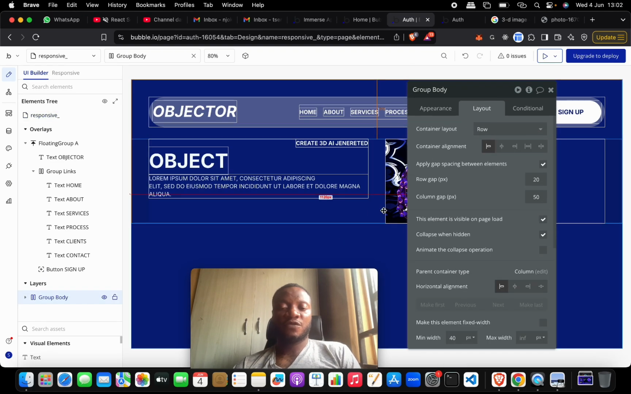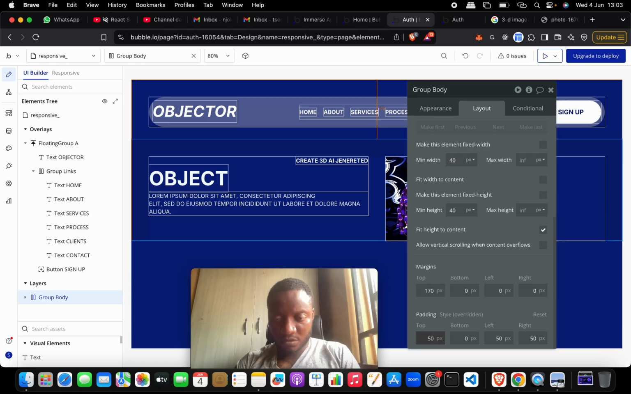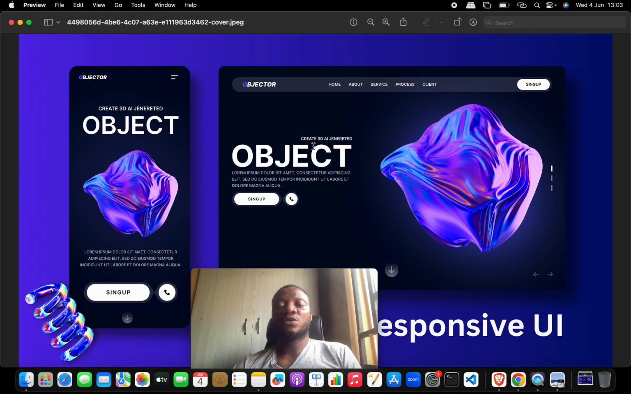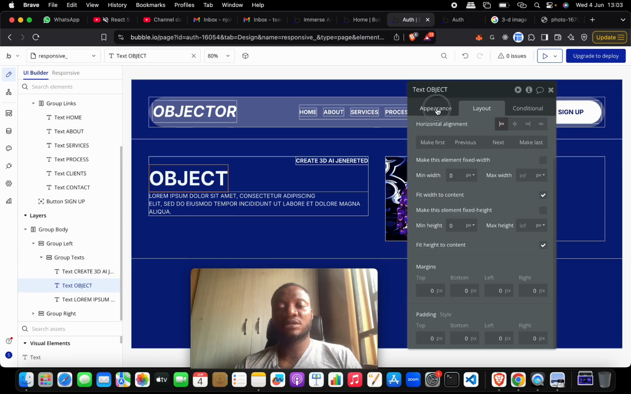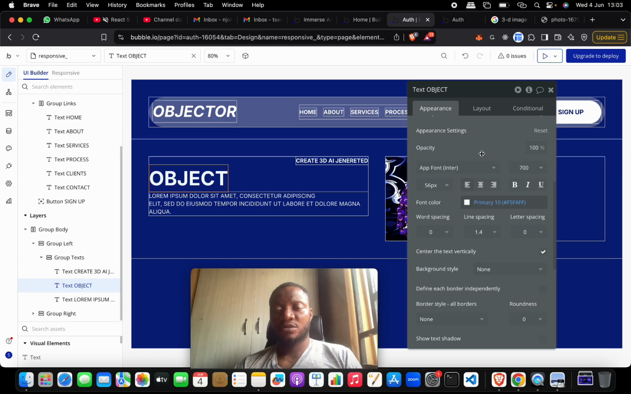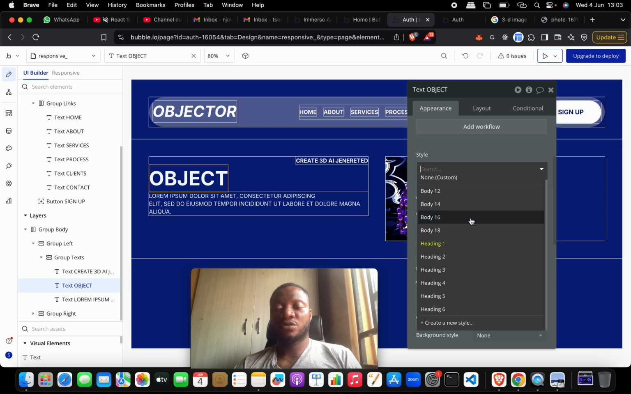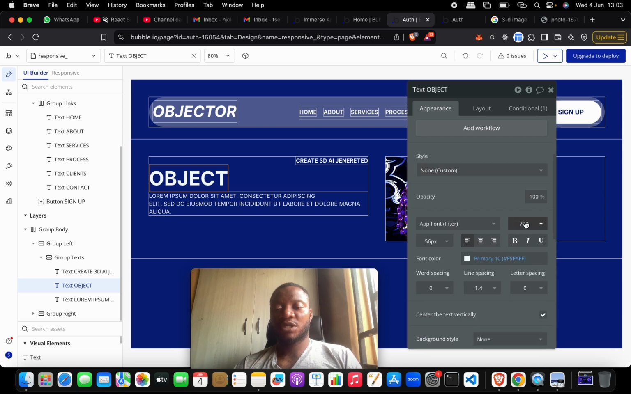We could add them for the group body. Let's add this padding all around. So 50. Right. And then within it now, we could choose to really enlarge this text or do what we want to do. So let's come in here and really make this text really large. So let's come up here. What it means is the highest setting here isn't going to work for us. So we need to make it custom by ourselves. So let's come down here